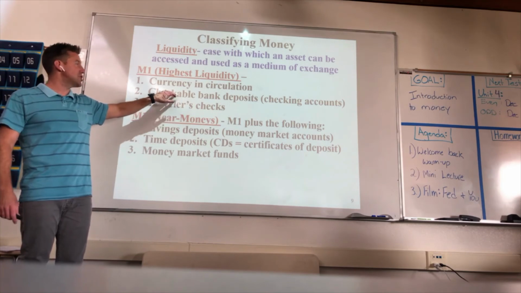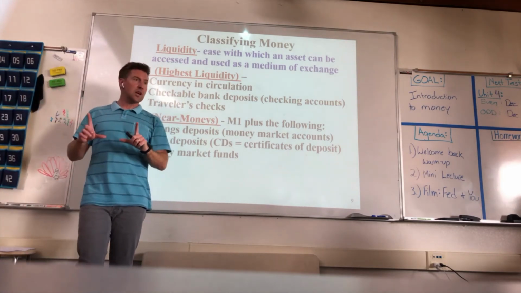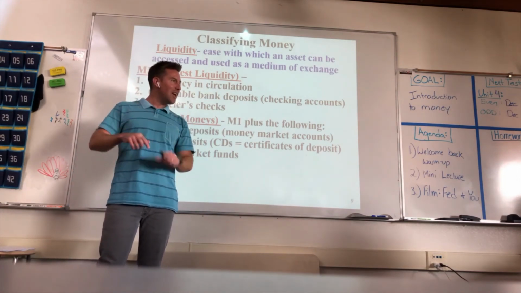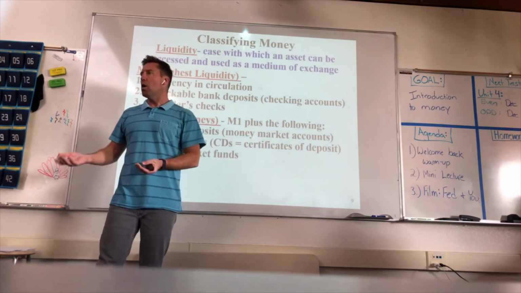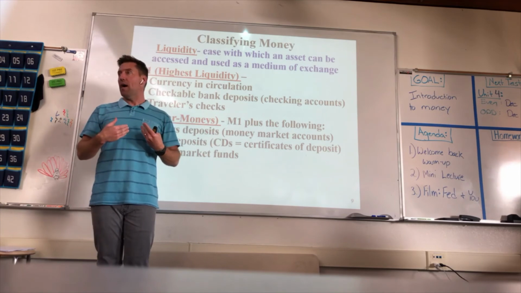Just say, hey, I want to link my checking account to my savings deposit. Because if you have $100 in your checking account and you go buy a new book for micro econ and they charge you $101, you overdraft. And when you overdraft, when you pull out more money than you have, they're going to hit you with a